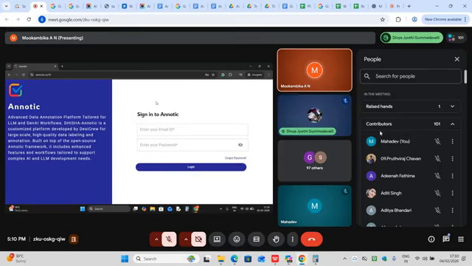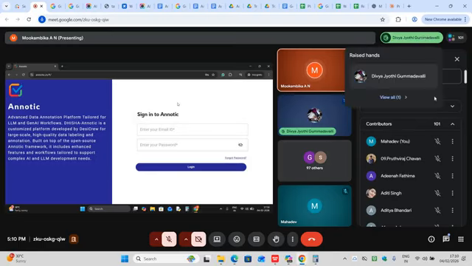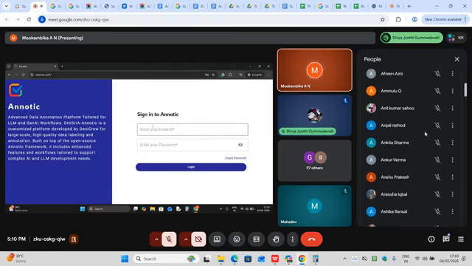Once you click on the mail, you have to give a username, whatever your username is, your mail ID, and a password. The password you keep for yourself, you only have to create it. It will ask for a confirmation. You create a password and keep it for yourself. Once you do that, you will be eligible to log into the tool. As of now, I'll show you. Mine is already logged in, so I'm just going to show how it is done.